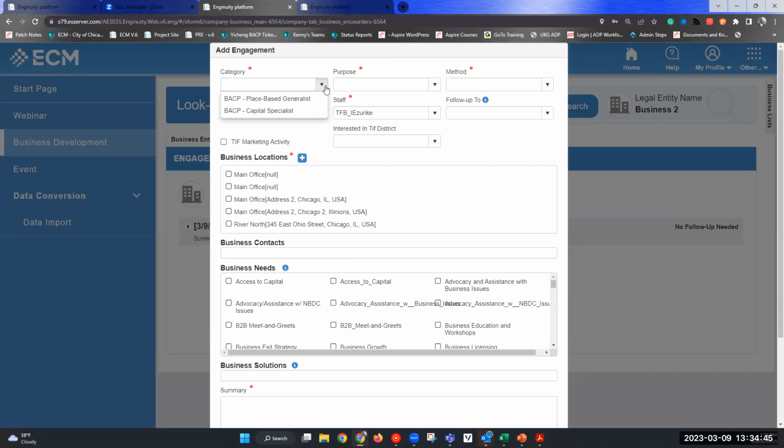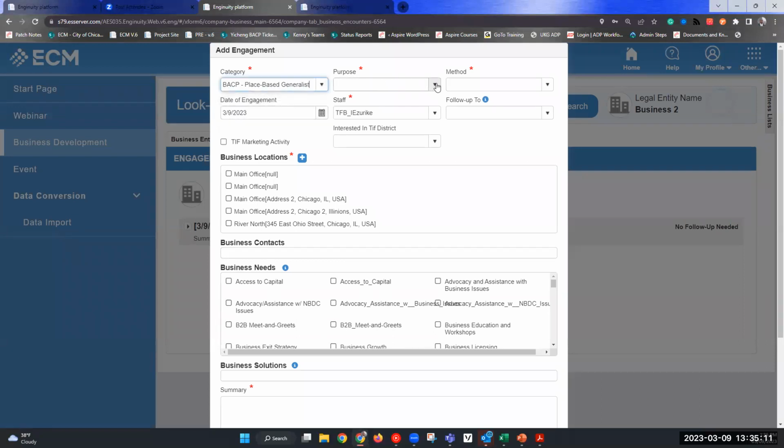If another agency has 1 contract, which is place-based journalist, that's all they'll see. If another agency has innovation centers, that's all they will see. So this contract list is dynamic based off your agency. It could be a list of 5, a list of 1. It's just how many contracts your agency has. So you select which one you actually want to make this engagement for. Is it for the place-based journalist or is it for capital specialists?